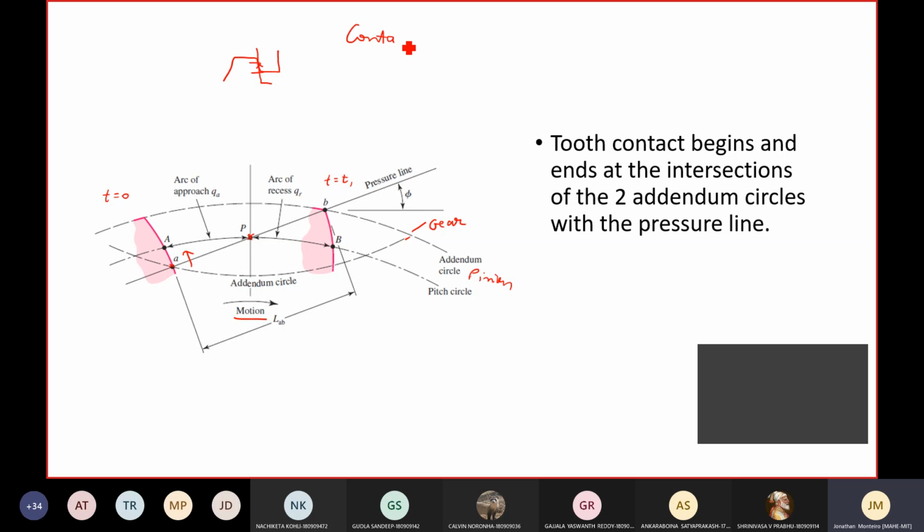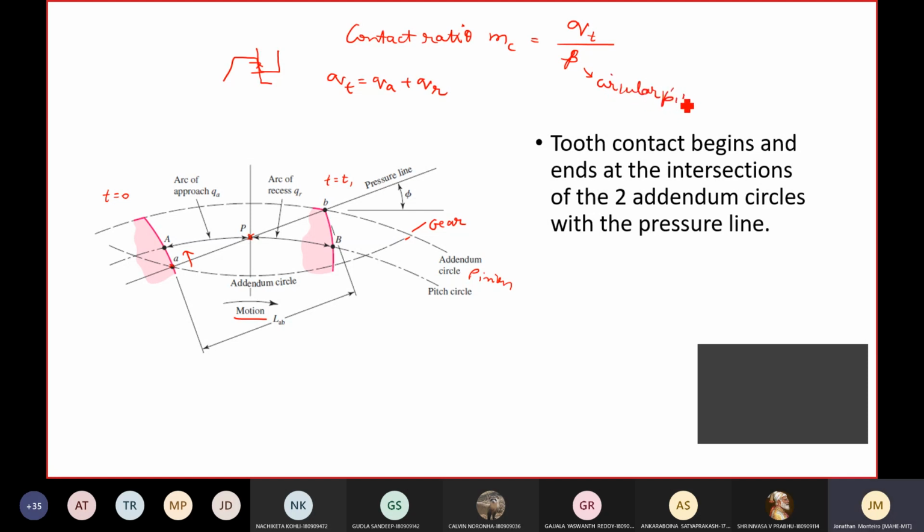If I describe the contact ratio, suppose it is called MC. In some standard textbooks it is given as MC. It is something like QT by P. So what is this QT? QT or QA or QR has something to do with the arc of approach, from engage to disengage. So I can say QT is equal to QA plus QR, the total distance. And what about P? What is pitch? We call it the circular pitch.